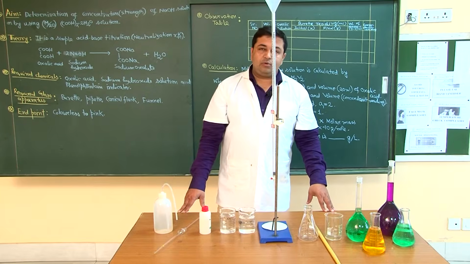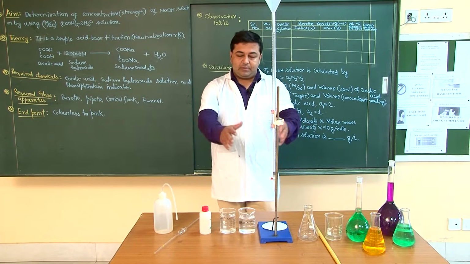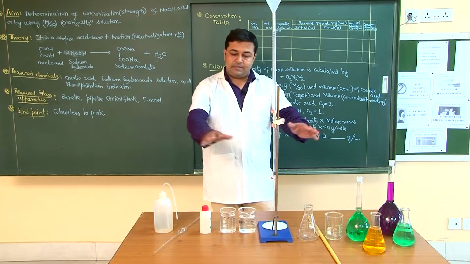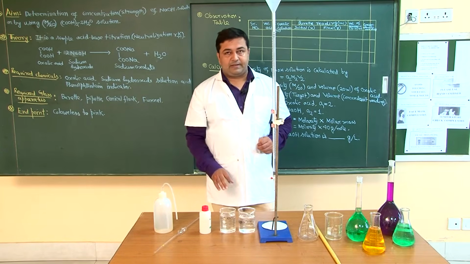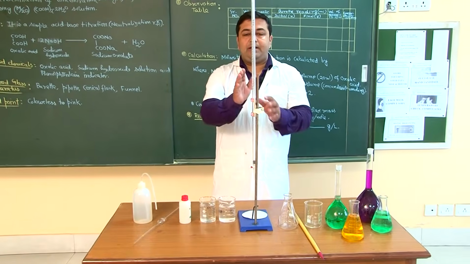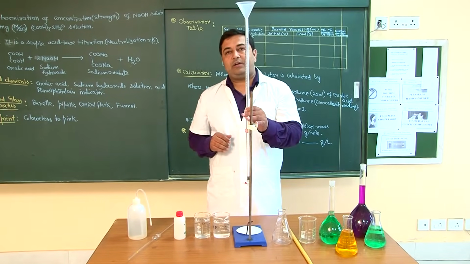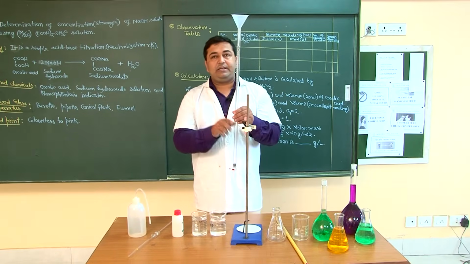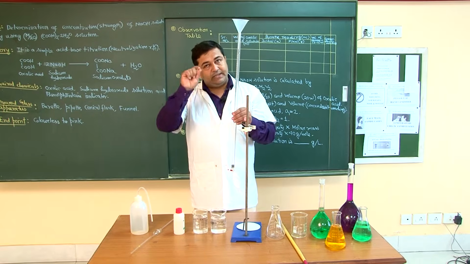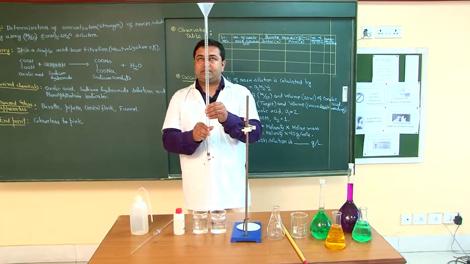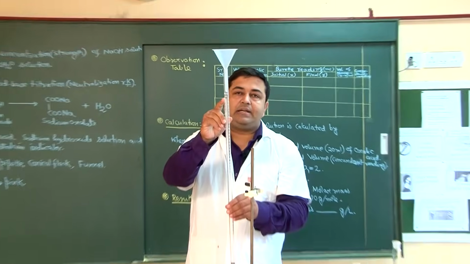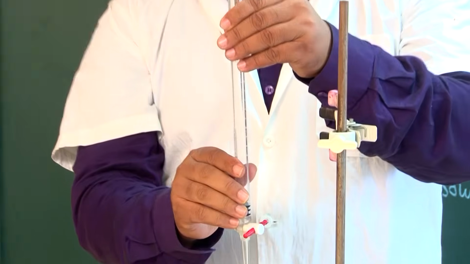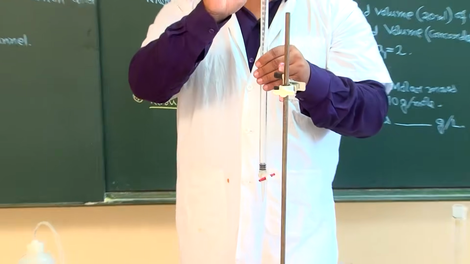Now, student, come to the activity part of this practical. Already you can see the experimental setup is ready, all the chemical reagents and glass apparatus are present on this table. So, now we will start this practical. At first we will fill up this burette using sodium hydroxide solution. Before filling, in the time of practical, obviously you wash it and rinse it, then you fill it up. You can see this burette, what is the initial value? You can see the initial value is 0 and the final value is 50. So, I will fill up at first this sodium hydroxide solution in this burette.